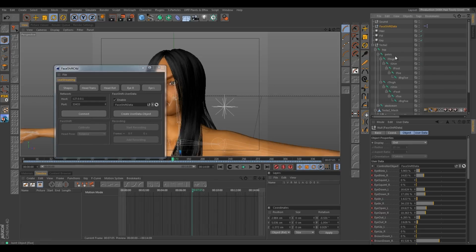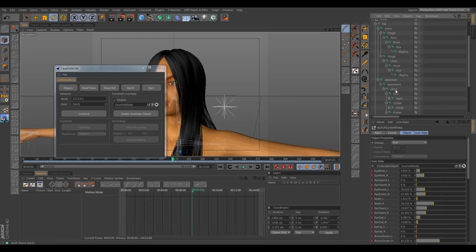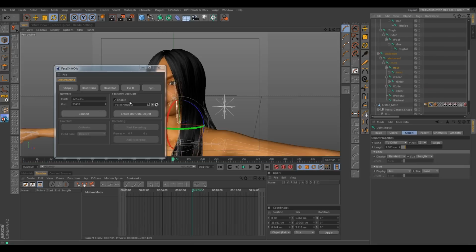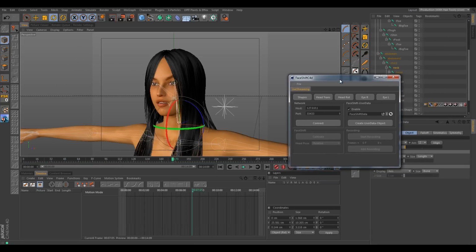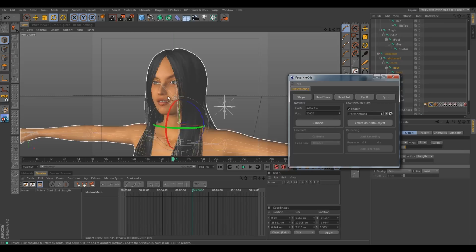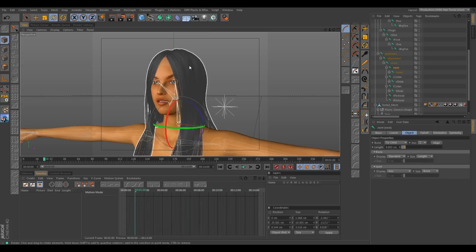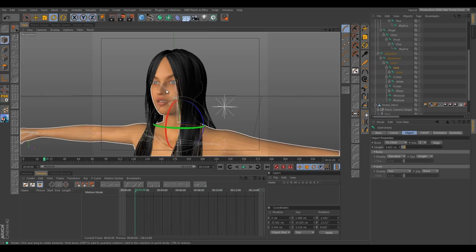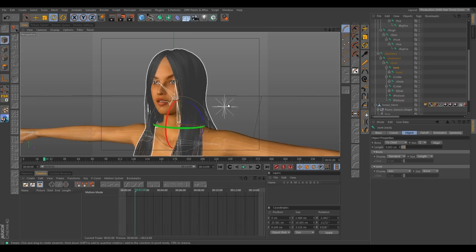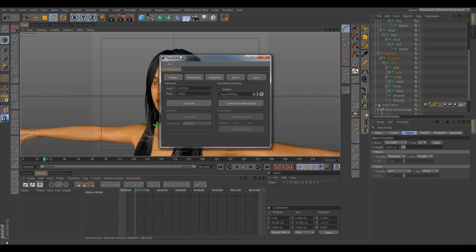All we need to do is find the bone that we want to hook those rotations up to. In this particular case, we're going to use the neck, and then we're going to just click on the head rotations button, and you'll notice that the neck snapped to those rotations. It's actually picking up that rotational data from FaceShift. So now we can drive our head based on the movements that we were making in FaceShift, which is really great. We can also drive our eyes the same exact way.